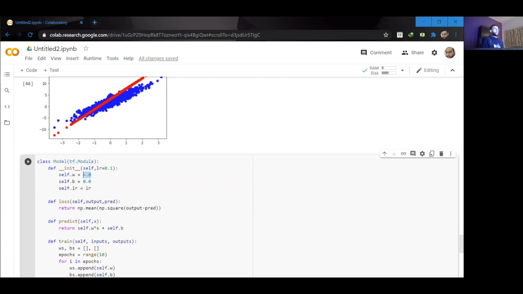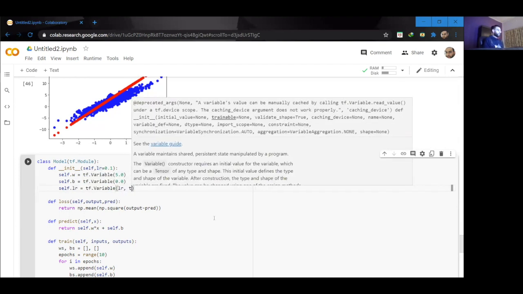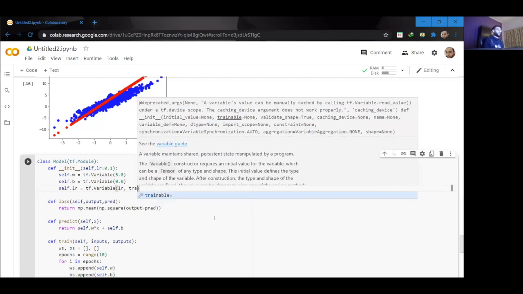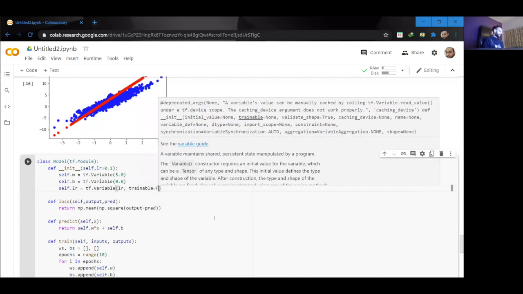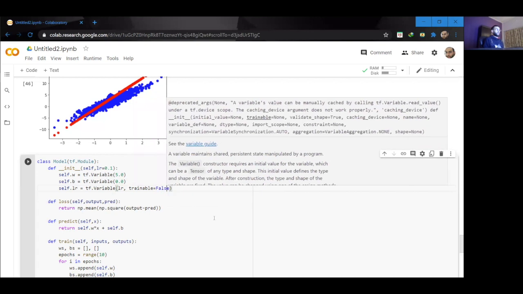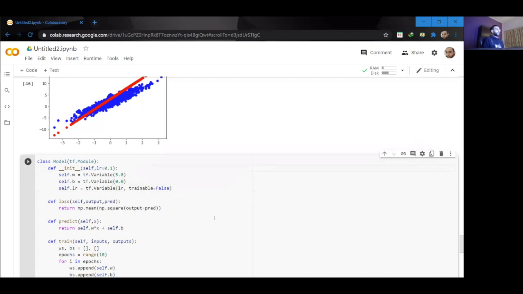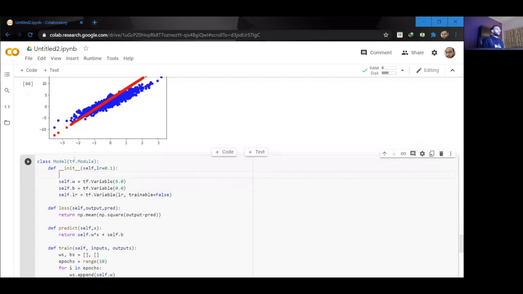And over here, we need to convert these into TensorFlow variables. But in case of the learning rate, I'm going to set trainable equals false, because I do not want to train this value. Other than that, we need to initialize our tf.Module.